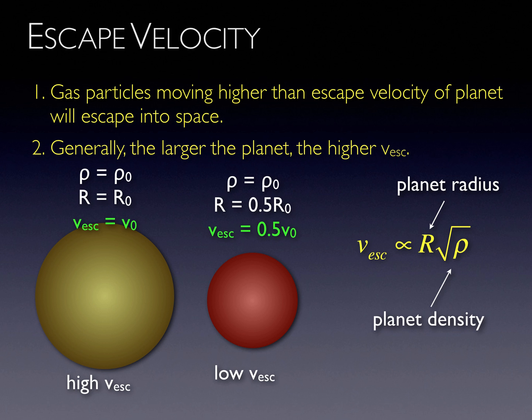A world's mass, temperature and chemical composition determine whether it has an atmosphere and what its composition will be. For a gas to be retained, the average speed of the gas particles must be sufficiently below that world's escape velocity. The escape velocity is a function of the gravitational force at the surface. For a given density, the escape velocity is higher for larger worlds, as in the example shown. Also, for a given size, the escape velocity will be higher for denser worlds.